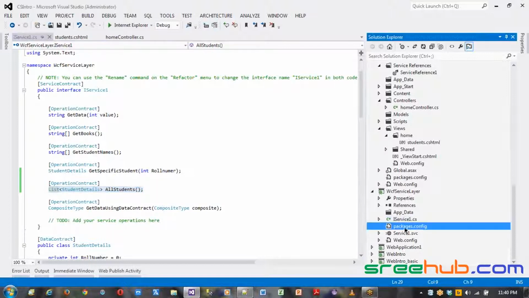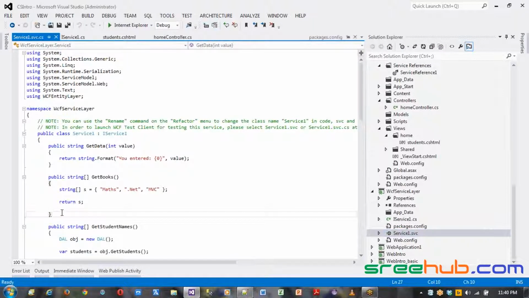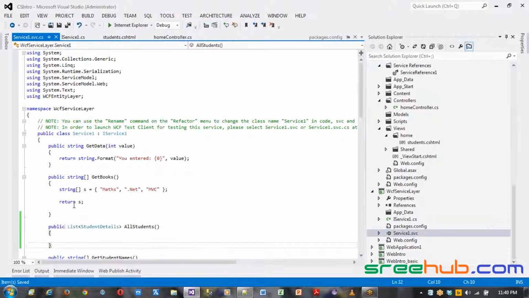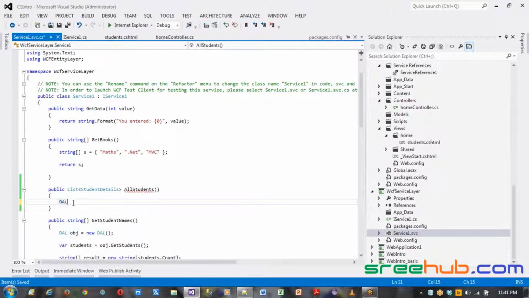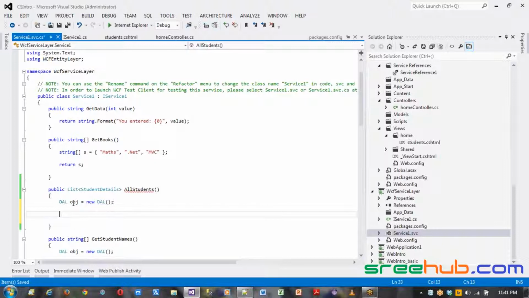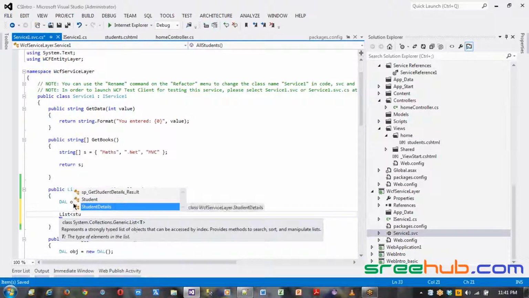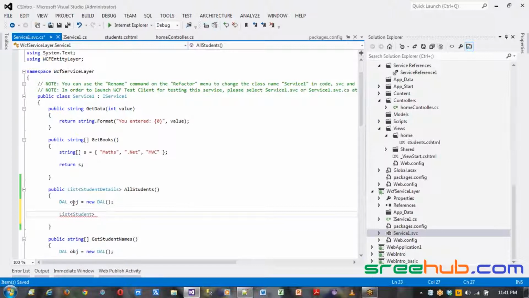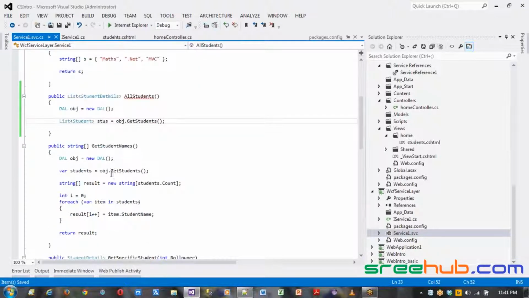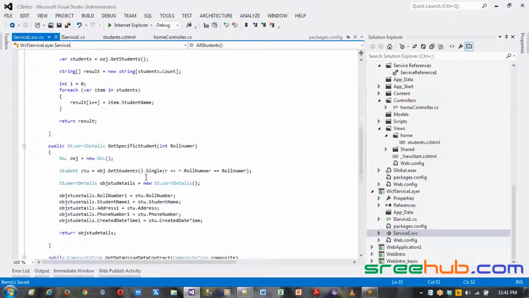Let me create something called a service method class here. What I'm going to do is take a DAL object equal to new DAL, and let me create a list of students. So we'll actually be getting students here, which is student. Let me call it students is equal to obj.getStudents. So where you get all, but we need to map everything to the actual